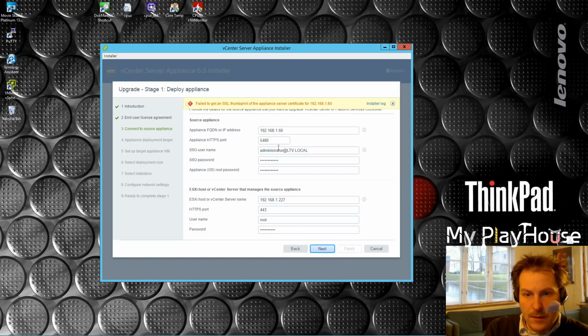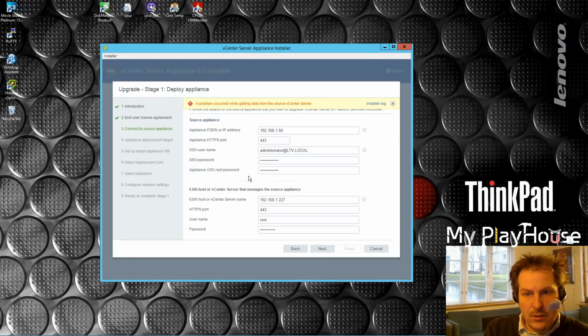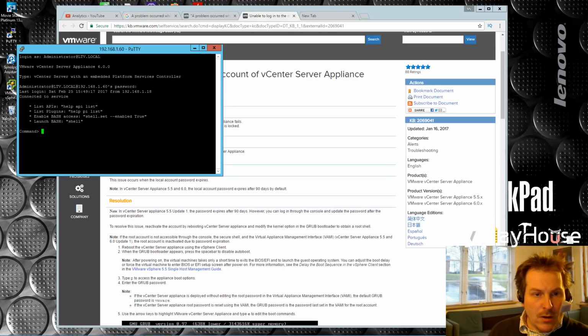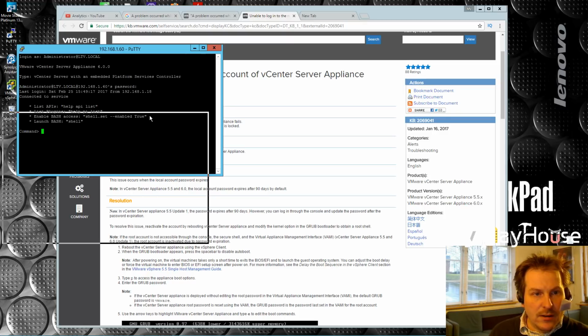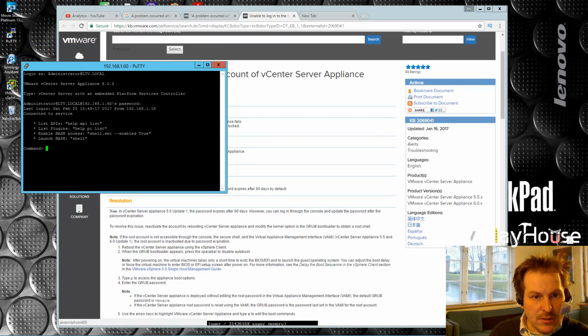No. So the other, that one was better, but still not getting. We get this far. We get a certificate, but then it has problem getting data. Okay, I just started a PuTTY here and connected to the vCenter server through there, and that gave me a